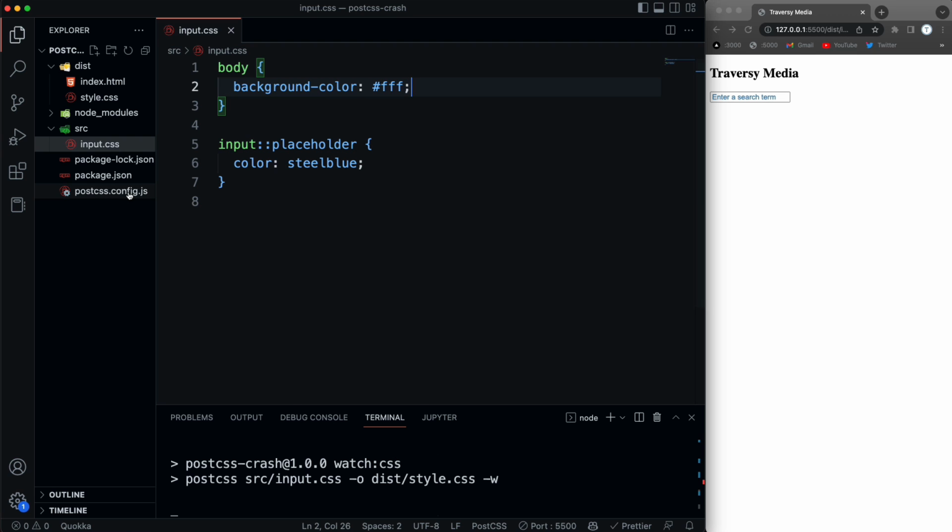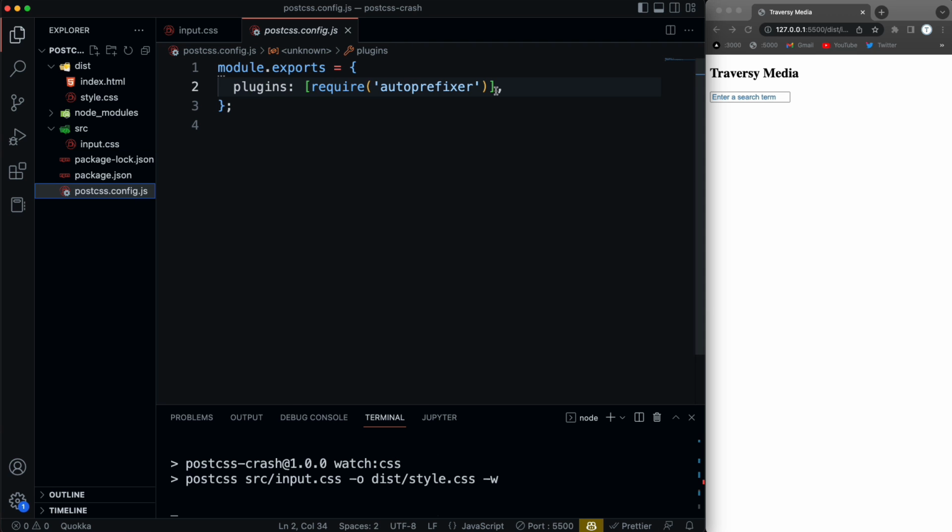And that's how you use plugins. You just install it, you add it to the config. Some will have options where you can set parentheses after it, and then you can add some options, but we don't really need any options for that. So let's install another plugin. Now I'm going to install the